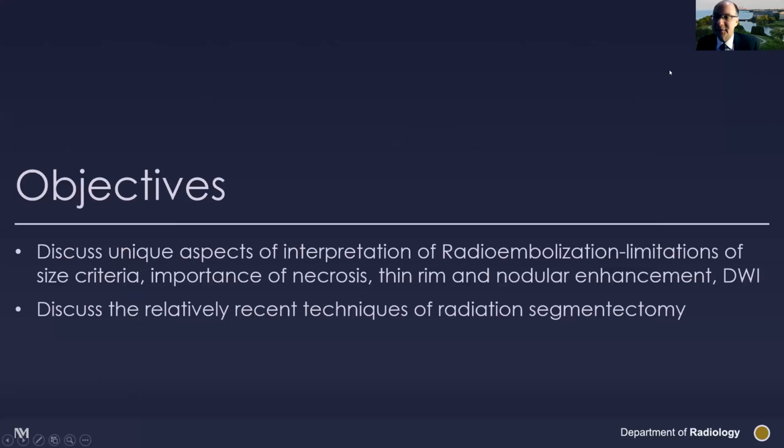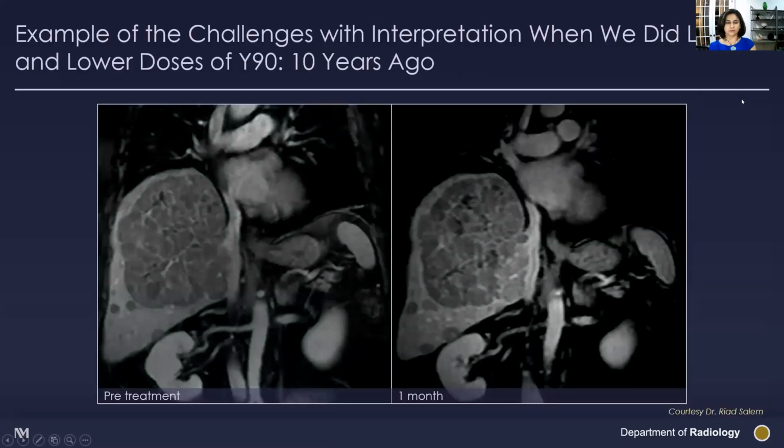My objectives during this talk are going to be to discuss the unique aspects of interpretation of radioembolization, some of the limitations of our traditional size criteria. I'm going to emphasize the importance of necrosis. I'm going to discuss thin rim and nodular enhancement, diffusion-weighted imaging, and I'm going to discuss the relatively recent techniques of radiation segmentectomy. This is an example of one of the challenges of the interpretation when we used to do